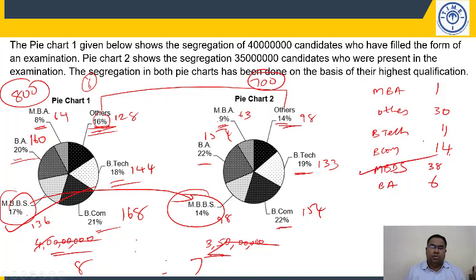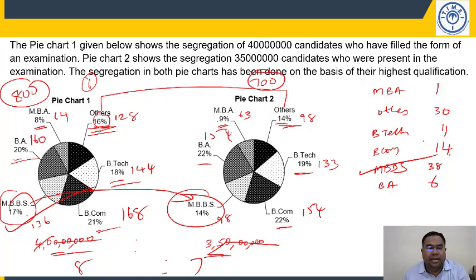In case you have doubt, this is how you have to calculate. But the base is more in the first pie chart, the base is less in the second pie chart, so the percentage should be more. I want more number of absentees means the first pie chart value should be more, the second pie chart value should be less. Then I will have maximum number of absentees. So try to look at only those qualifications where there is a drop in percentage. Low percentage, low base, high percentage, high base. So the drop, in all the remaining there is an increase. I am not saying there won't be any absentees, but less. I want maximum absentees means there should be a drop.